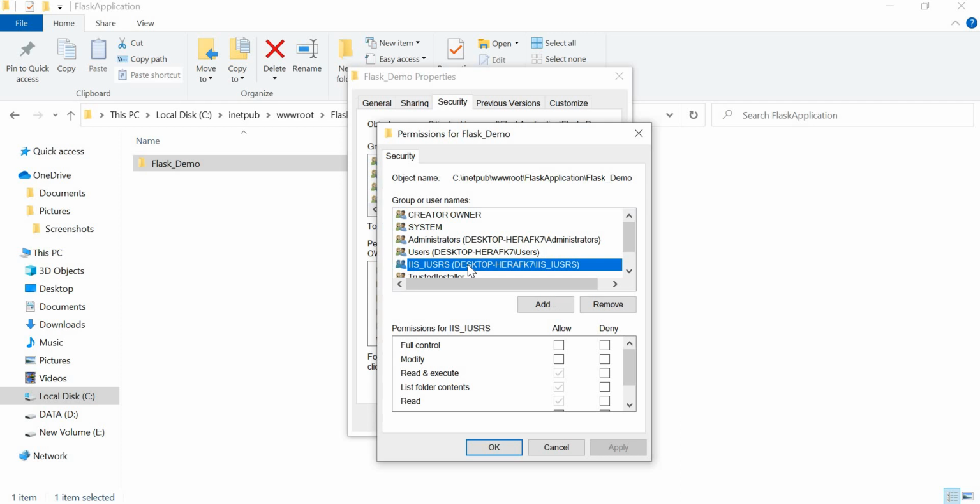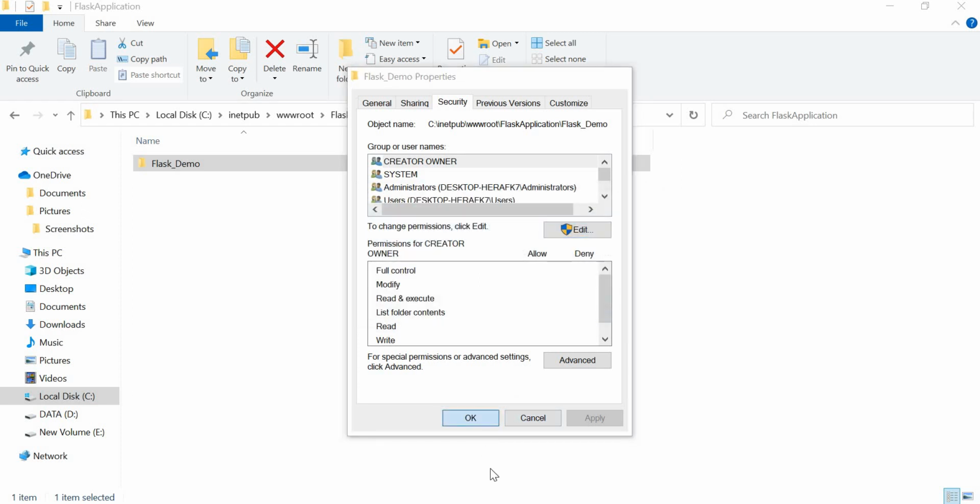Click on IIS users, then change to Modify, because app.log will be modified. If you are getting an error, it should be Modify, right? So for that we need to do this one, Modify, click OK.